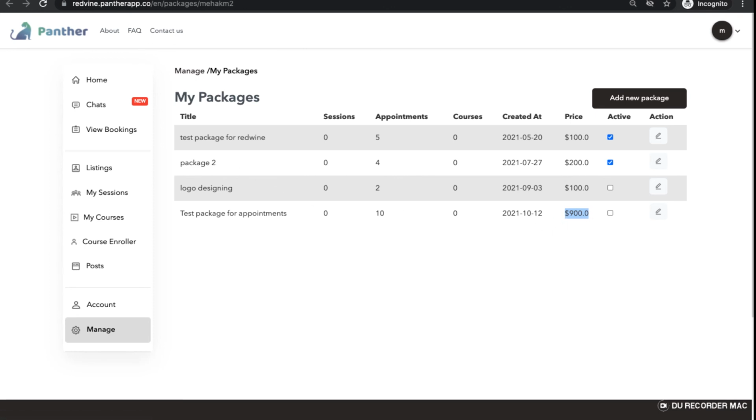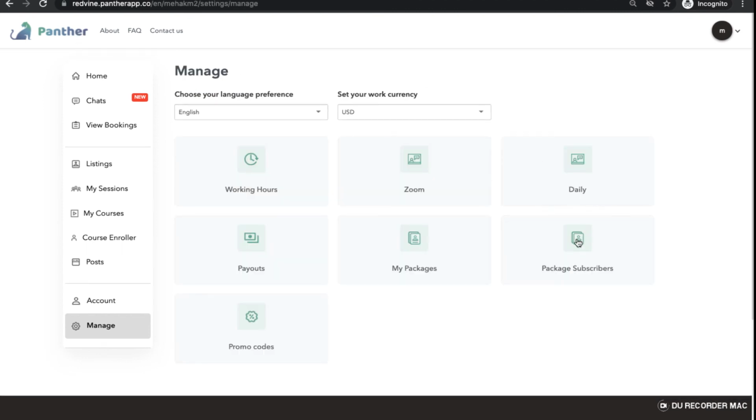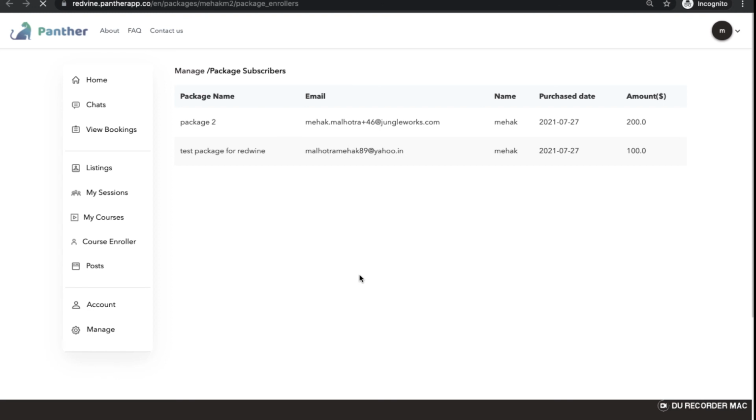So it is very cost effective for the users, and it is a good way for the experts to persuade users to buy packages rather than going in for single bookings. In the package subscriber tab, you will be able to see the users who have subscribed to any of your packages. You have the package name, the user's email, his name, purchase date, and the amount for which the package was purchased.